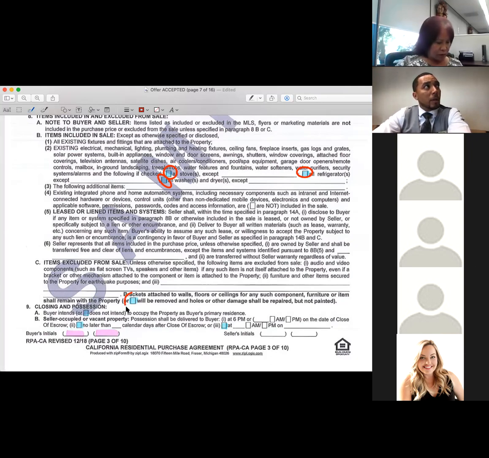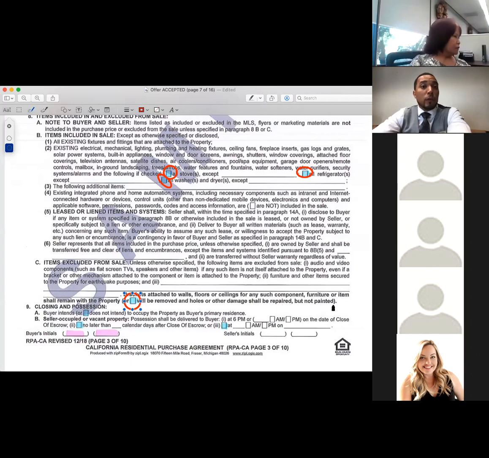Since you brought it up, I'll just jump to it real quick. Brackets. Right there, brackets attached to walls, floors, or ceilings for any such component, furniture, or item shall remain with the property. Then they check the box here. Will be removed and holes or other damage shall be repaired but not painted. Okay, so if they take anything that's mounted, and actually I guess that would go for the curtain rod as well,